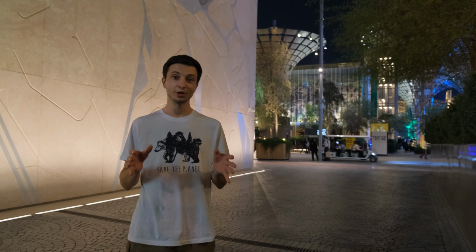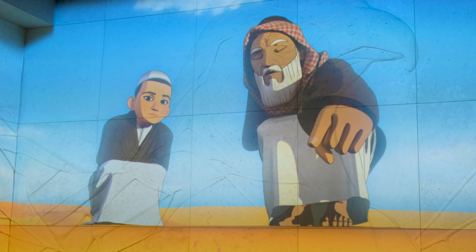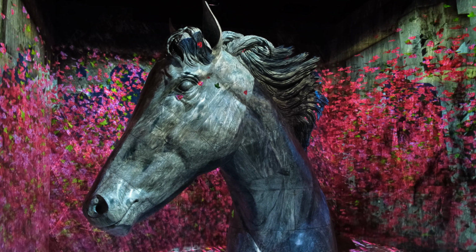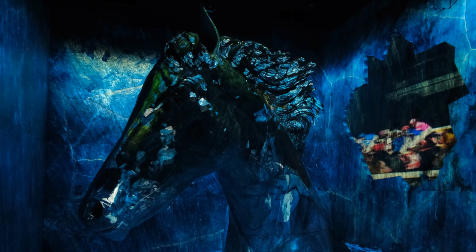The next thing we're about to show you is the Vision Pavilion, which will tell you the history about Sheikh himself and how he has changed Dubai forever. The Vision Pavilion tells an inspiring tale of His Highness Sheikh Mohammed bin Rashid Al Maktoum. Then you're greeted by a 52-ton marble statue in the middle of the chambers that represents his favorite horse, Dubai